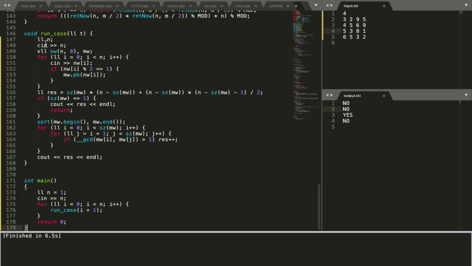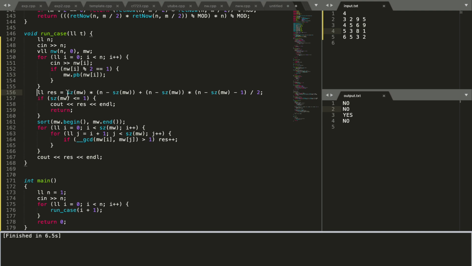As you can see, we have the number n, which is the length of the array, and then we take the elements of the array as input, and if the element is odd, we assign that element to another array that we have created. Firstly we count the number of pairs given by only the even elements of the array.